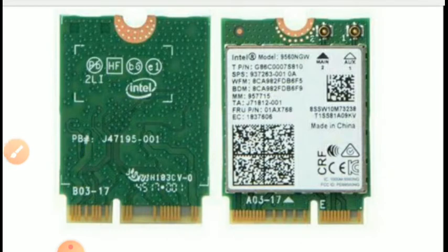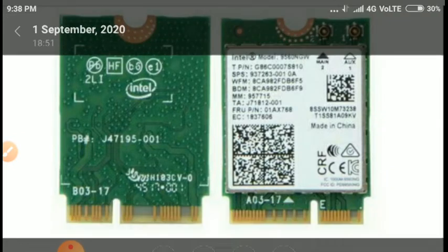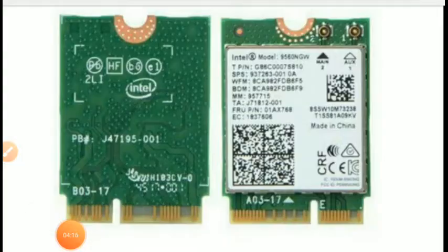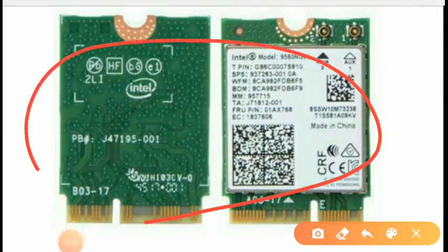So next is a Wi-Fi card. This one is a Wi-Fi card. A Wi-Fi card is either an internal or external local area network adapter with a built-in wireless radio antenna.